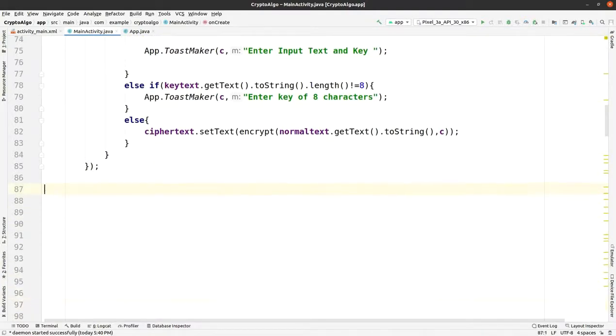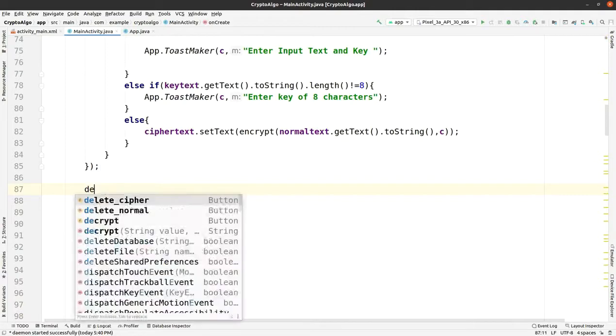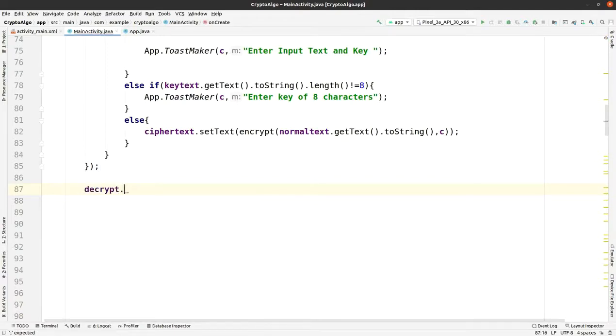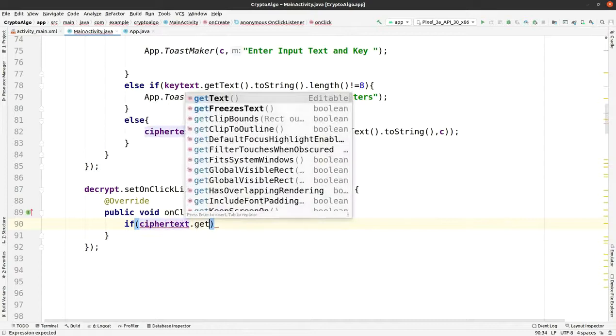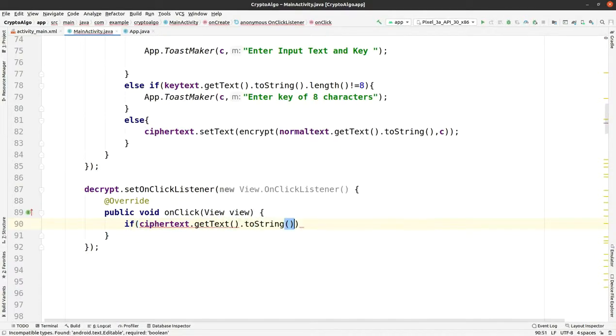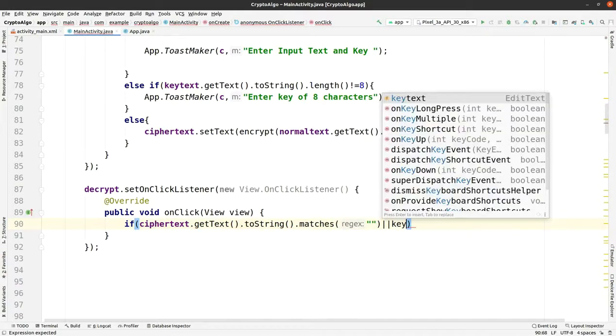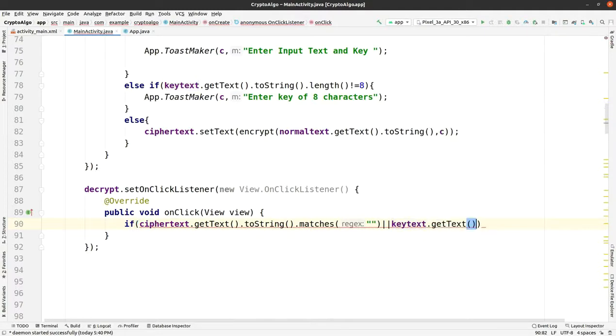Afterwards we have to do the same for the decryption button. We have to make the set on click listener for this decryption button too, and we'll just do the same. Almost the process is same, just encryption is the reverse of decryption and vice versa. Just a few techniques are there, and there's a matter of key, and there are algorithms on which the cryptography works.